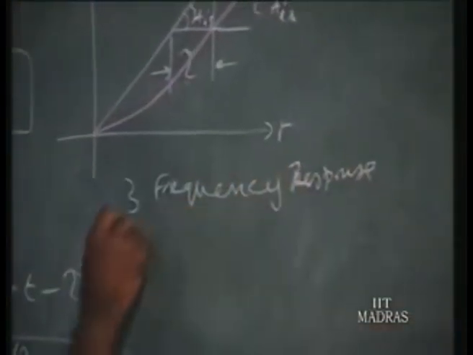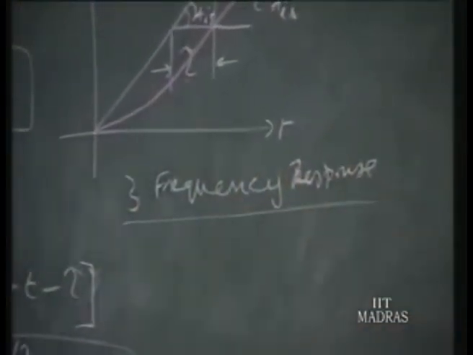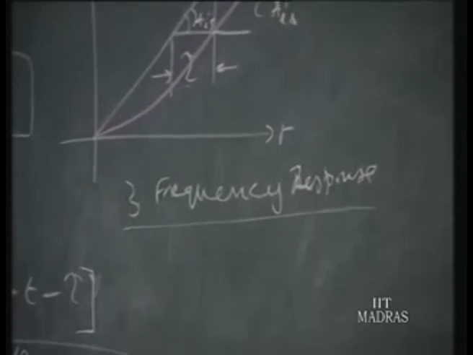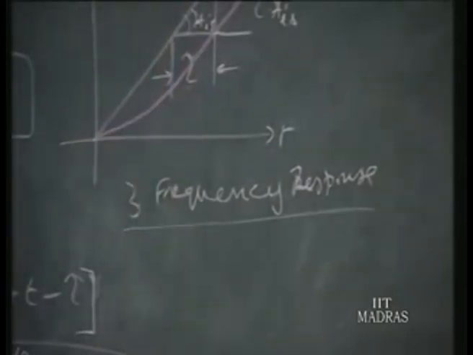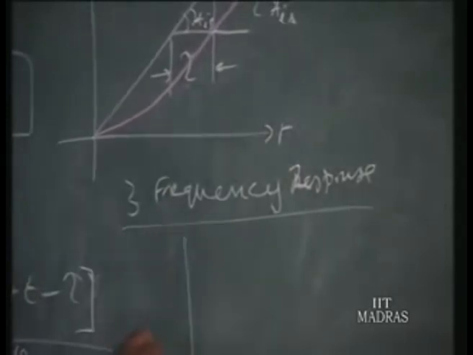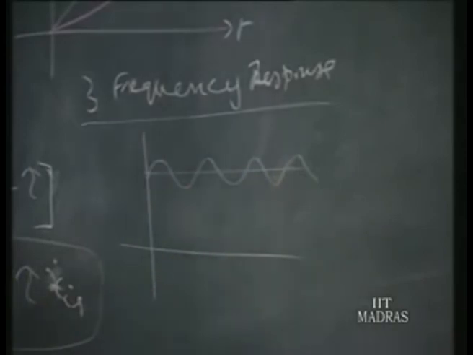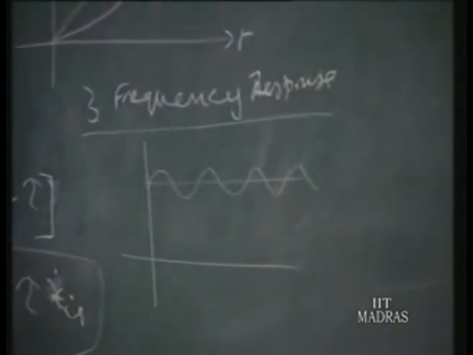Right, frequency response. That is, we are giving an input signal. Previously, first we gave a step as the input signal. Second, we gave a steadily increasing signal as the input. Third, we give a signal of this order. It may be around a value, it may be varying. These may be the variations which we want to study.